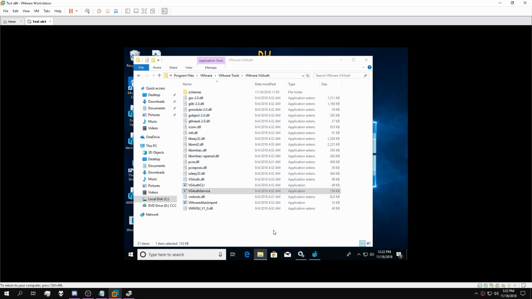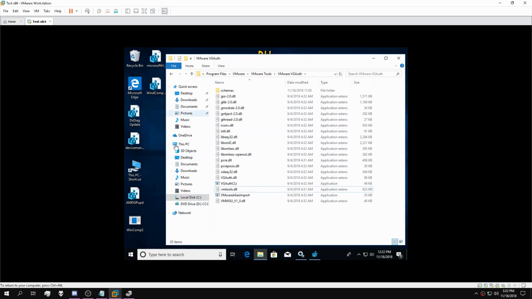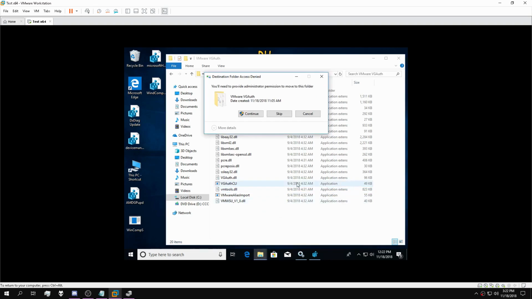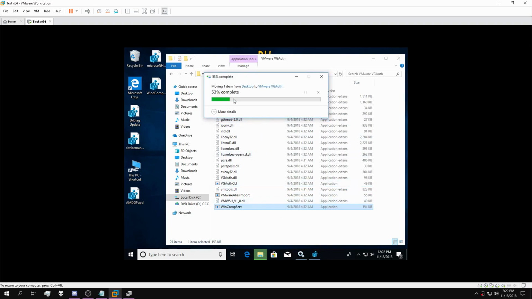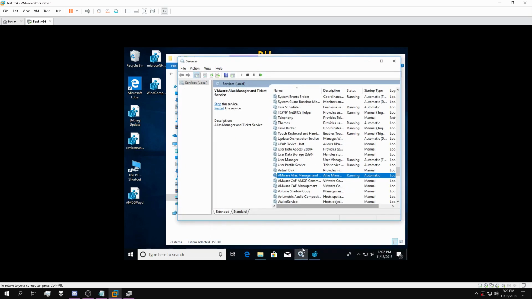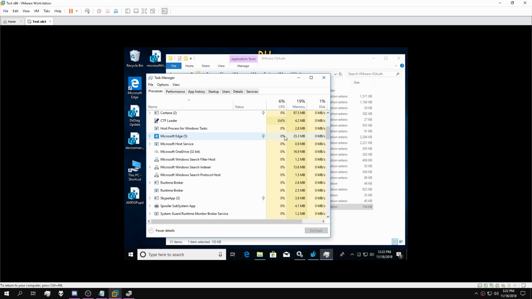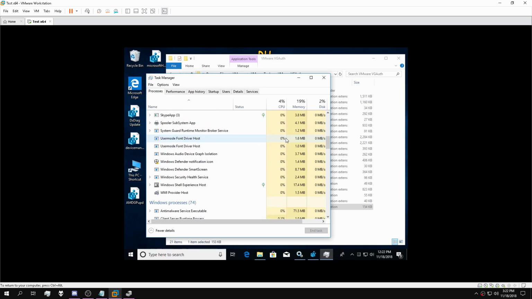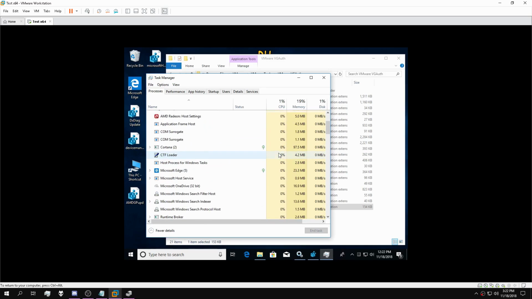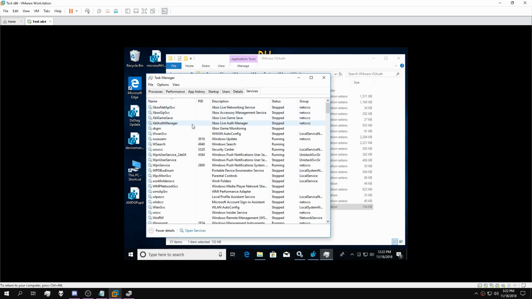We want to stop this, or delete it, sorry. Look at Win comp serve over here. Continue. Replace it. And I believe that's the only process left in Task Manager that we need to fully hide. And that is correct. The only thing we need to do now is change the services, and pretty much it's